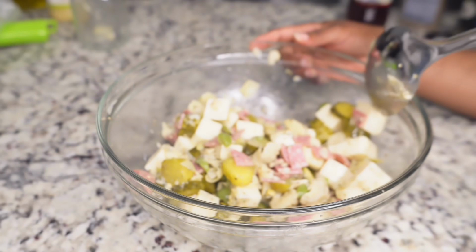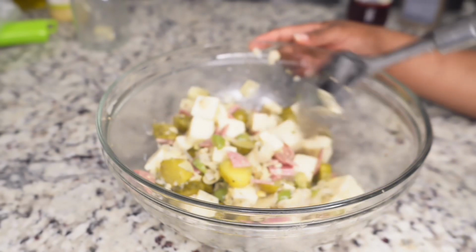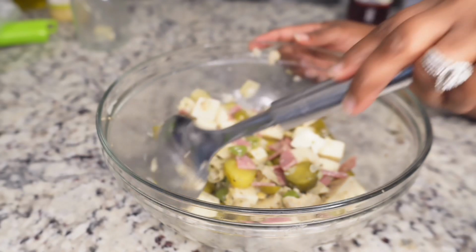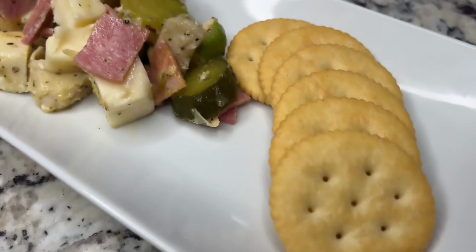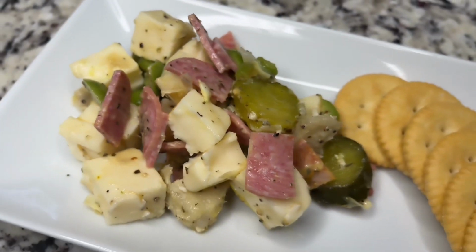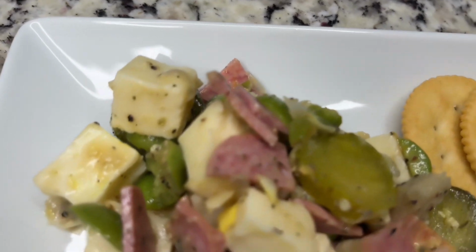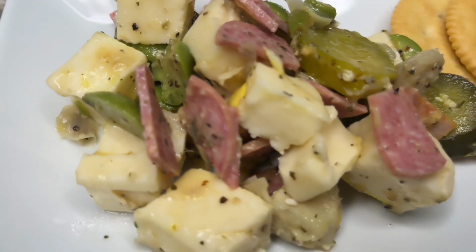Y'all could also use some tomatoes. Some of those like cherry tomatoes y'all can put in here. Man, it'll set it off though. This is really good. So y'all, this is a little snack. If y'all wanna serve it when y'all have guests or something like that with some fruit or whatever. This is perfect. So I just wanted to show y'all a little snack that I just got up on and